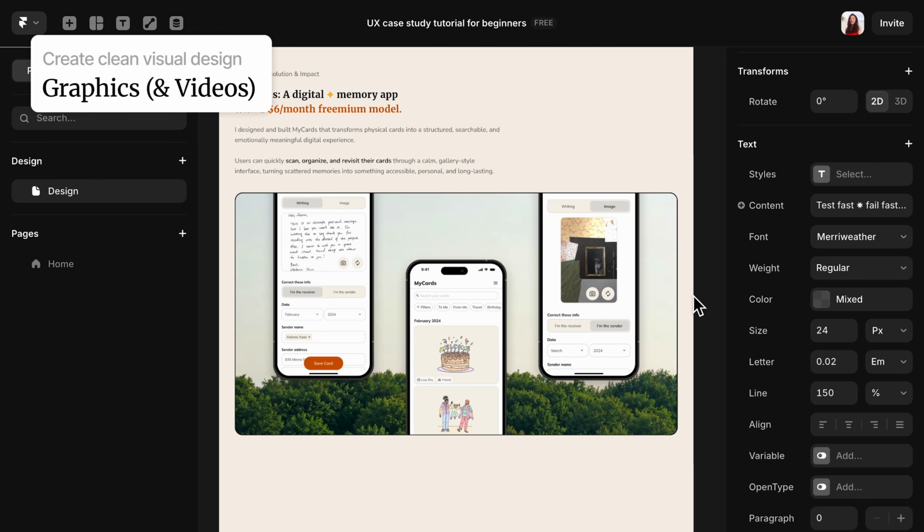And finally, we arrive at graphics. This will take a while, so go pull out your favorite playlist, and here are a few things you might need to do. You may need to redesign your old UI screens because your older work might not match your current standards. And that's normal. Just don't make it like a whole new project.